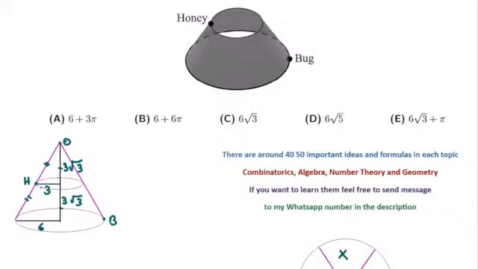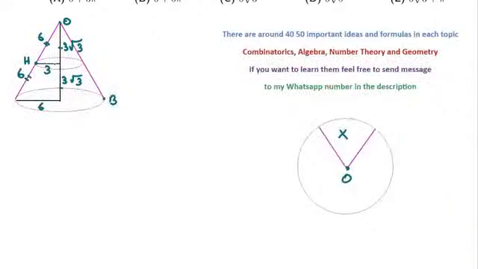Now if we write Pythagorean theorem, 9 plus 27 is 36. So this length is 6. This length is 6. So OB is 6. Okay. Now we want to unfold this. Let me tell you this cone. So I want to see the angle here is what. I know that